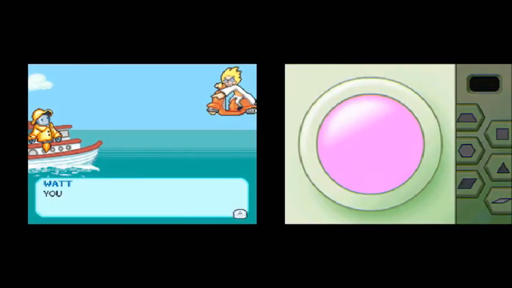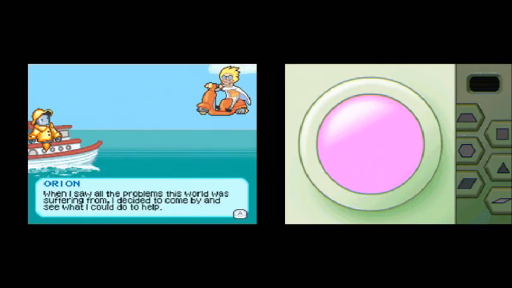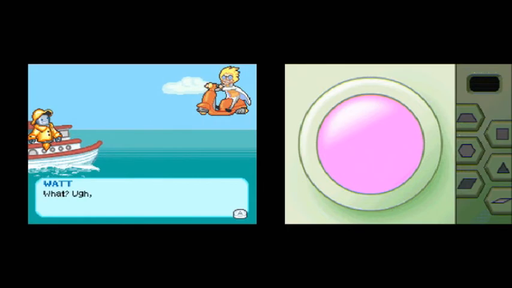It's like, we know you're trying to leave. I was flying in my spacecraft for a while when I wanted to take this planet. When I saw the problems this world was suffering from, I decided to come by. Landing was a little rough, but luckily the ground was soft, fertile, and perfectly suitable to solve world hunger. Between all that, I've met a wondrous conversational pets. I mean, what have you done recently? I was flying through the...